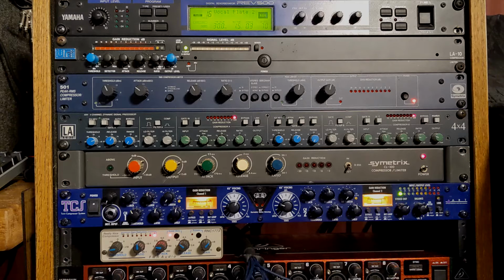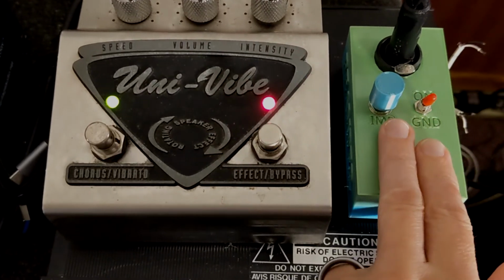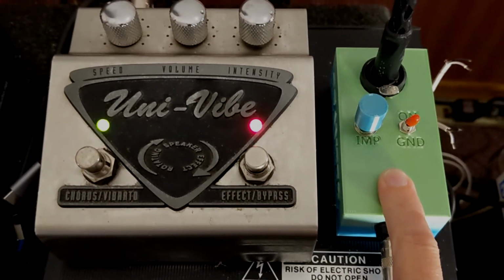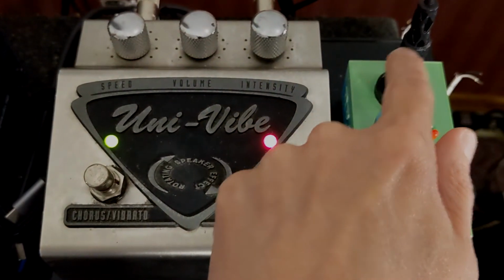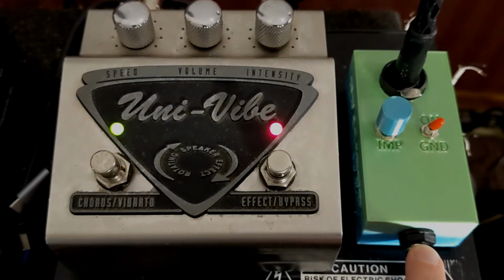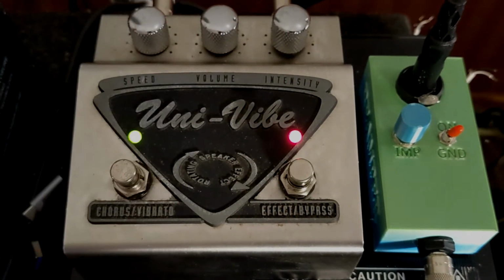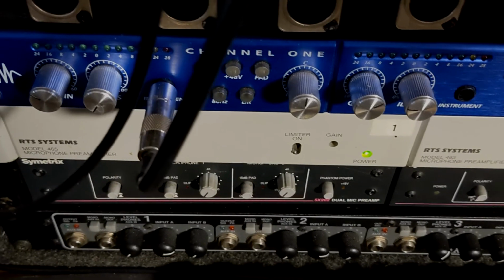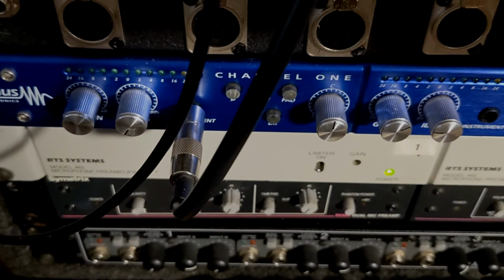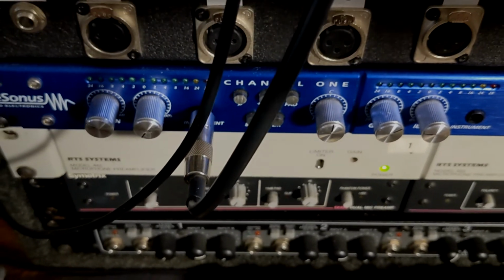So that's it for the rack gear stuff I used today. Here's my little UniVibe rig that I've been using on vocals and other things. With the Phatronics Reamper, the auxiliary out of the console feeds the input of the reamper, the output of the reamper feeds into the input of the UniVibe, output of the UniVibe feeds the PreSonus MP20 mic preamp, feeding into the instrument input of the PreSonus MP20,